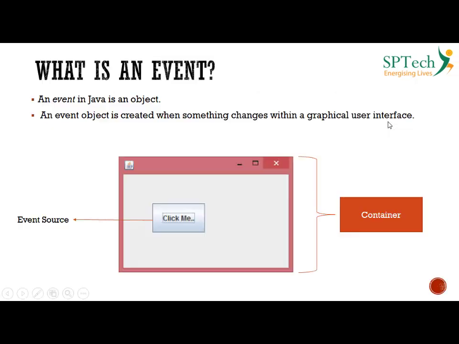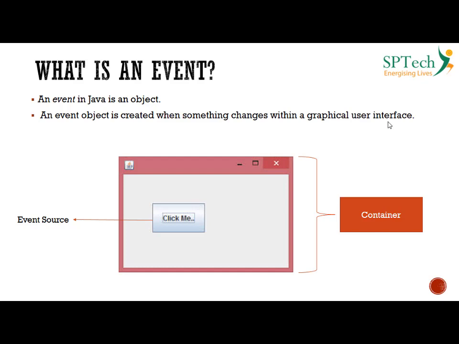In the last class, we were talking about how to create a simple GUI interface using Swing. And in the earlier session, before Swing, we saw how to create a GUI application using AWT. If you remember my last session, I very clearly told that a GUI application is created with a frame and a button inside the frame, and when I clicked on the button, nothing would happen. That is because there was no event handling mechanism. So in today's class, I'll discuss what an event is and how to handle that in Java.